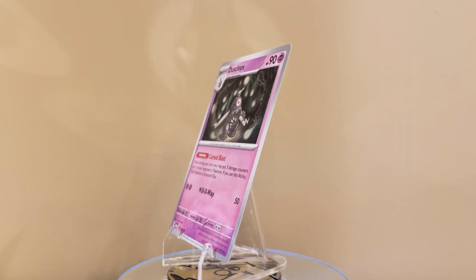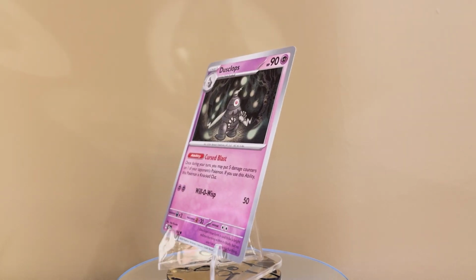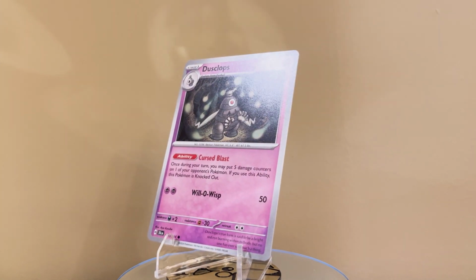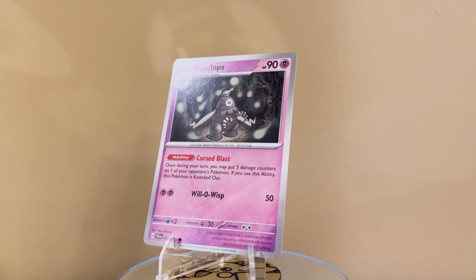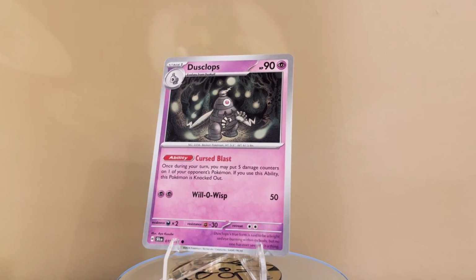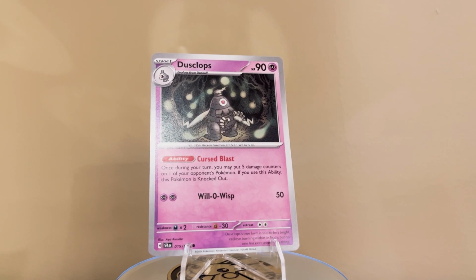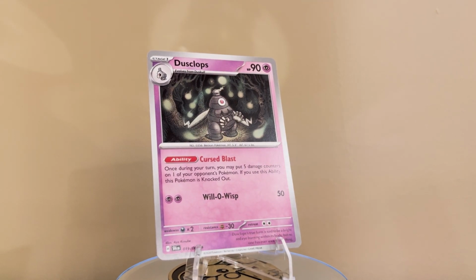I'll probably save a dedicated Aya Kasube spotlight for another day, as she is quickly becoming one of my favorite artists in the TCG, but I can't help myself when it comes to this great Dusclops. If there's one thing to take away from this video, it's that opening up a Shrouded Fable box is almost like cracking open a classic kid's storybook, and at the forefront of all of that is one of my favorite